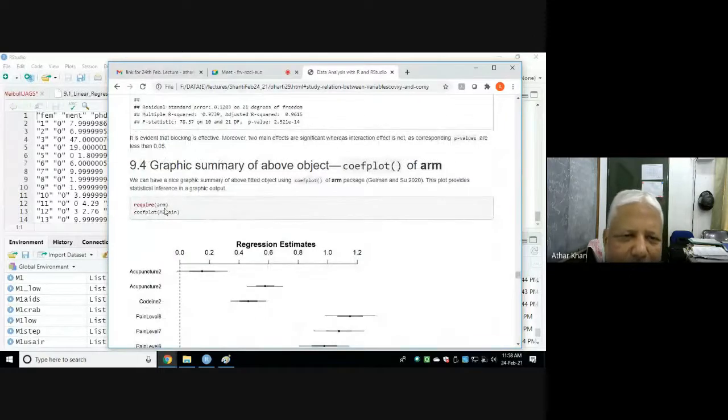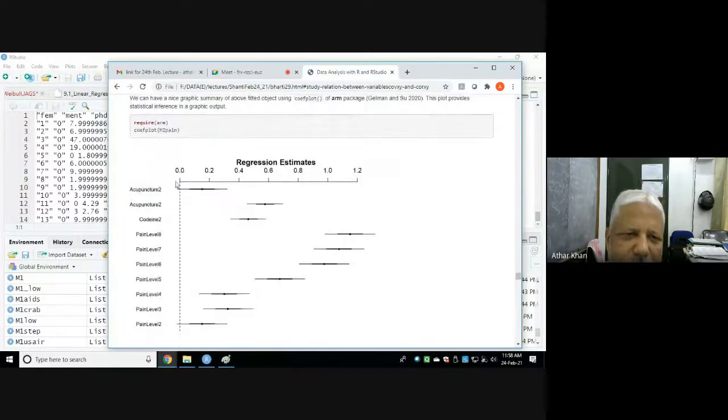I have already talked about the arm package of Gelman and Hill. We can have a nice graphic summary of the above fitted object using coefplot of the arm package of Gelman and Su 2020. This plot provides statistical inference in graphic output. See, acupuncture 2 versus 1, because it is being crossed by the 0, it is not significant.